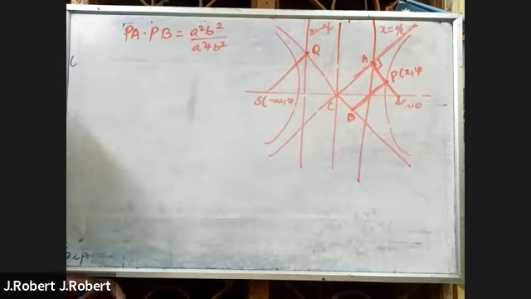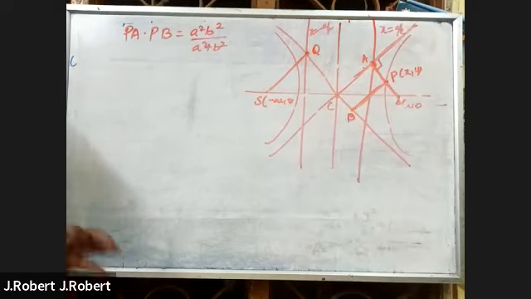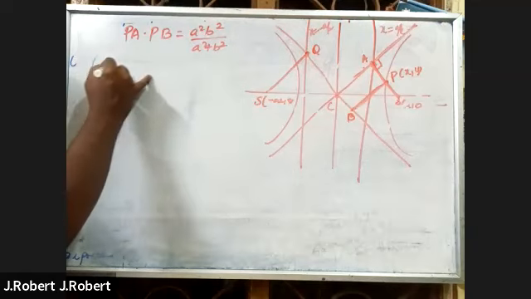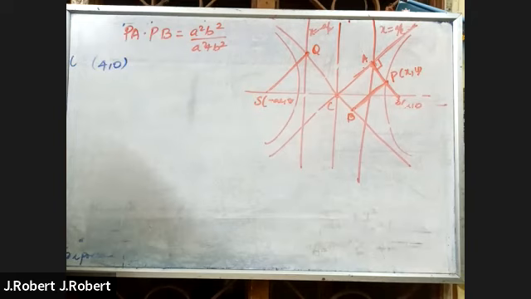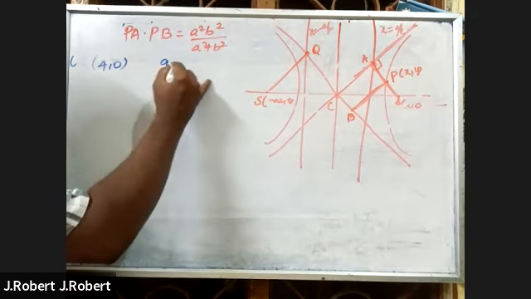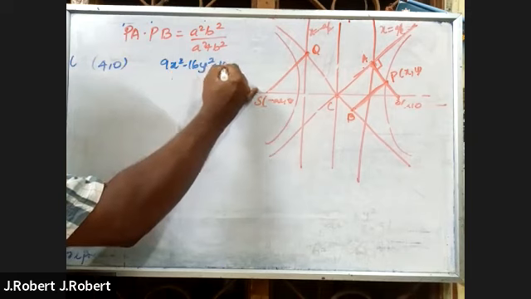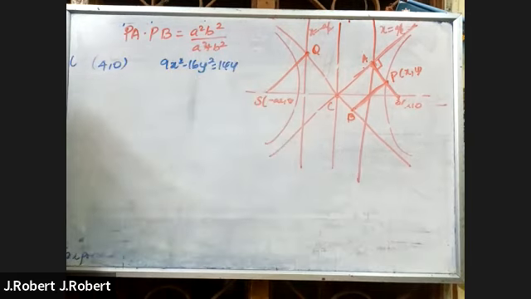Take down the illustration: the product of the length of the perpendiculars from the point (4, 0) on the hyperbola 9x square minus 16y square equals 144, to its asymptotes is,